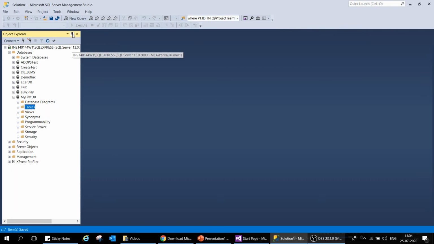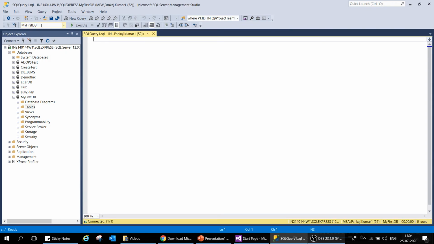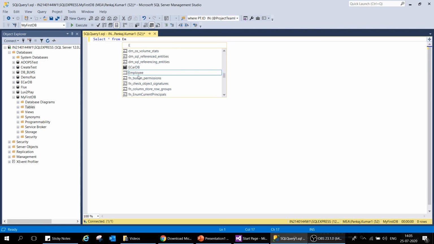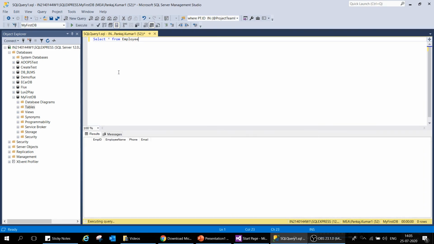And in order to get the details from the table, you can click on new query. And once you click on new query, you have to write an SQL query on top of it. So make sure that your database has been selected here, because most of the time it happens that it selects some default random master database, but make sure your database is selected here, and you have to write a select statement to get what is in your table. So I will write select star from employee. Here's my table name, and when I click on execute, as you can see, there is no data, so it's showing employee ID, employee name, phone, and email. So our database is created, our table is created, and we are ready to insert the sample data in this.